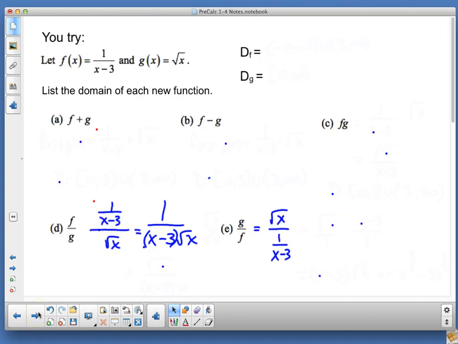Now, I would like you to try one. Find the domain of f and find the domain of g separately. And then,